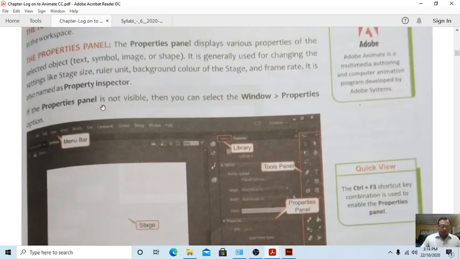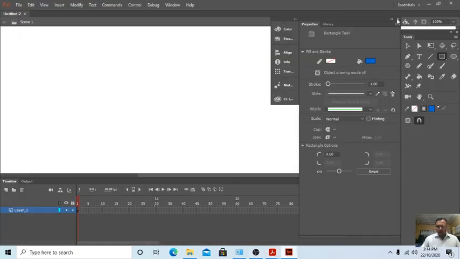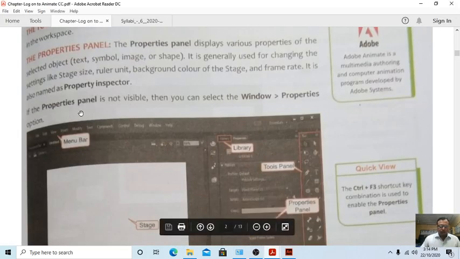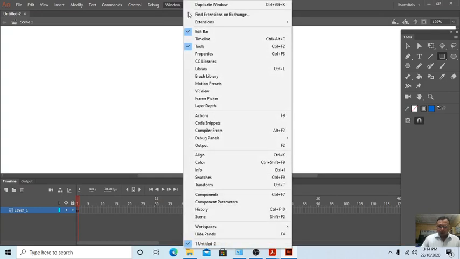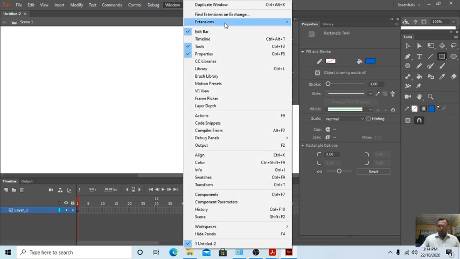Listen, if the properties panel is not visible, you can select the Window menu, then the Properties option, and it automatically appears. In this way, if any panel is not visible, you can get each and everything from the Window menu.